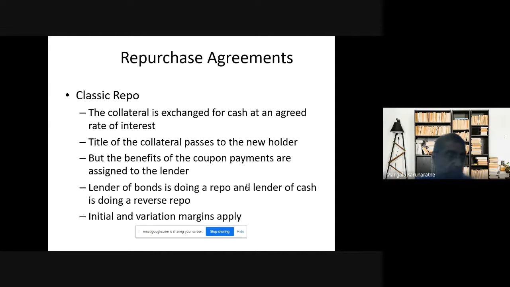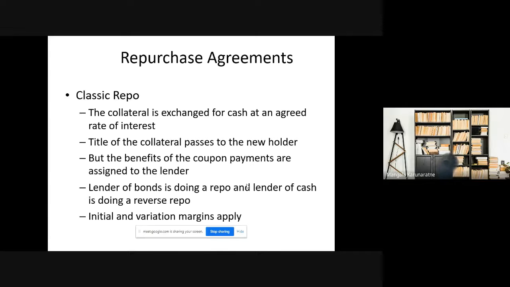This was actually introduced recently. Earlier, there weren't such MRAs in the Sri Lankan market practice. But now it's a regulatory requirement to have master repurchase agreements if you want to enter into a